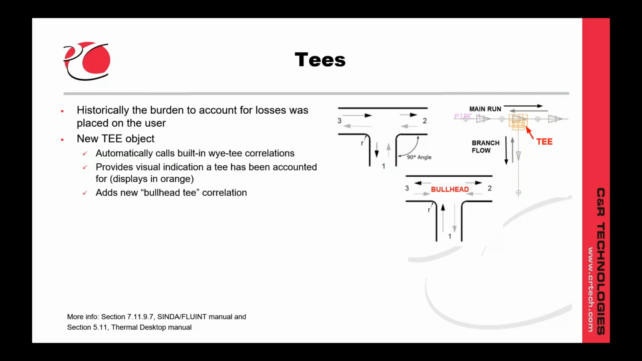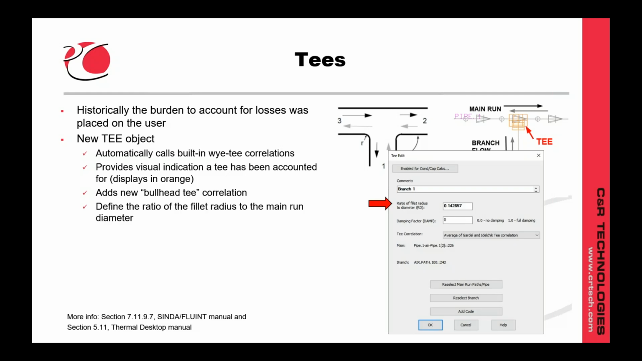The new T option also provides support for bullhead connections where the flow comes in and then splits to the left and the right. This is something that we were not previously able to support, but new correlations have been added for this configuration. When creating a T, you must input the ratio of the fillet radius to the diameter of the main run